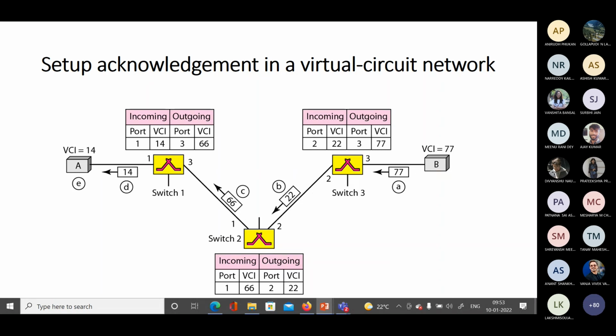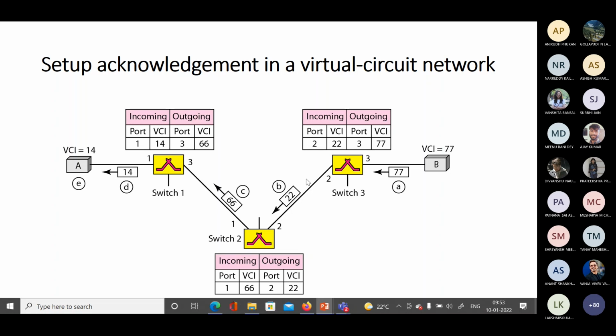Similarly, when switch 3 sends this acknowledgement packet, what does it send? It tells the corresponding switch here that if you are sending any packet, please send with VCI 22, because it will reach via this port.